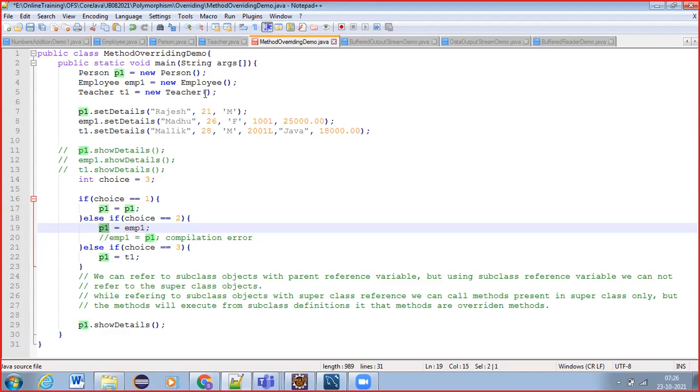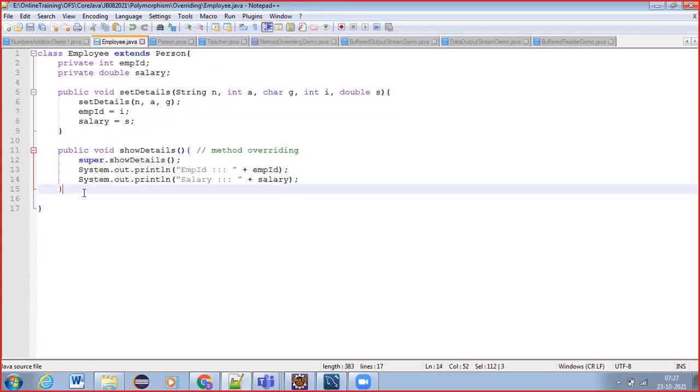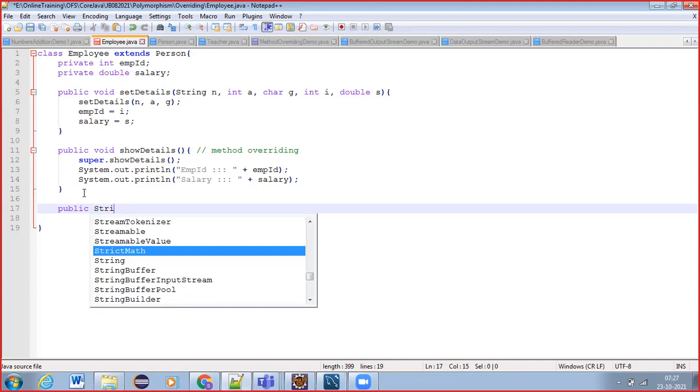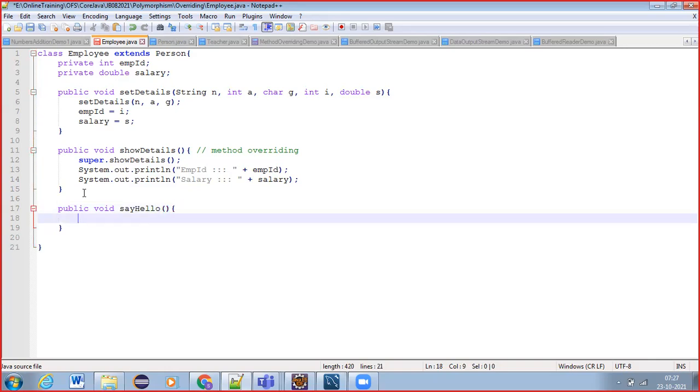Even though the original object is the employee object, I cannot call all the methods of employee using the p1 reference. See here, if I have some method in the employee class, public void show message, or say hello, some sample method which is not there in the parent class.